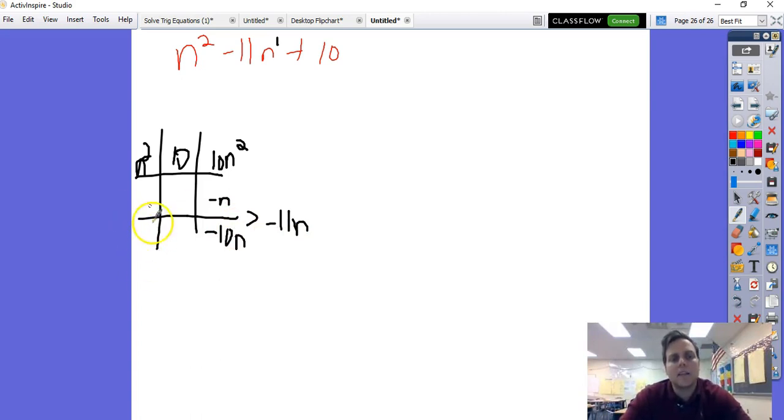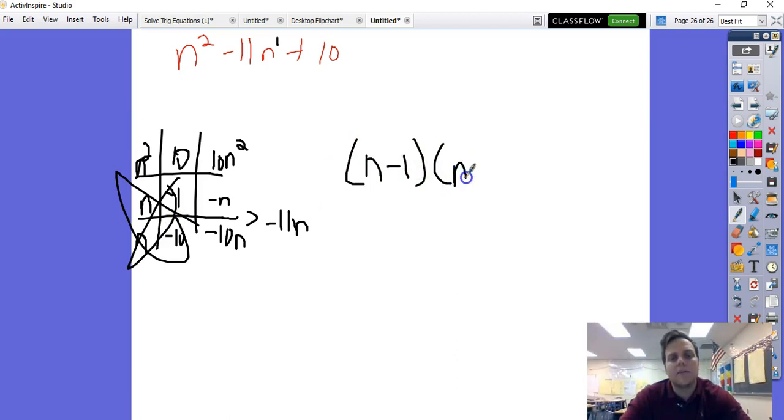What goes in these boxes? N squared and negative n, what is their greatest common factor? Just n. N squared and negative 10n, what is the greatest common factor between those two? Just n. N times what is negative n? Negative 1. N times what is negative 10n? Negative 10. Go across, so you get n minus 1 times n minus 10. And that is how you factor